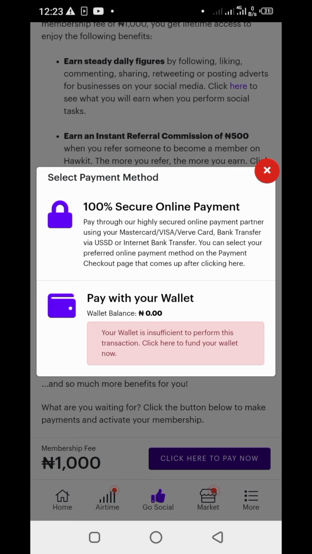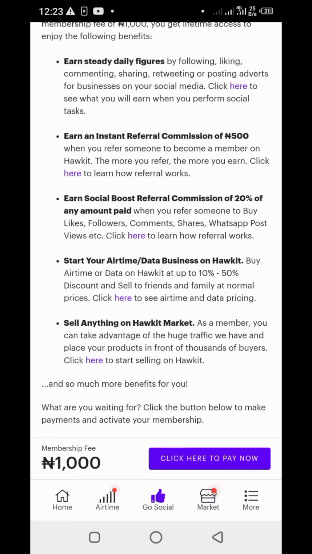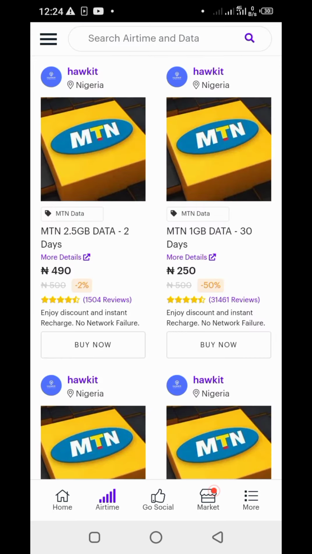This membership has so many benefits. You can access the social media tasks where you can be paid, and you can also buy airtime after you become a member. That is, you register with 1000 Naira, you can buy data at the rate of 250, and there are so many discounts.